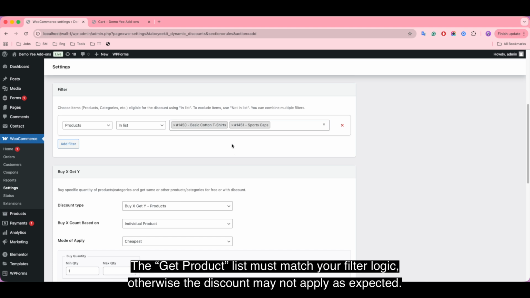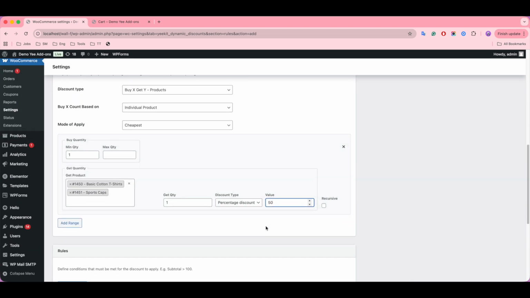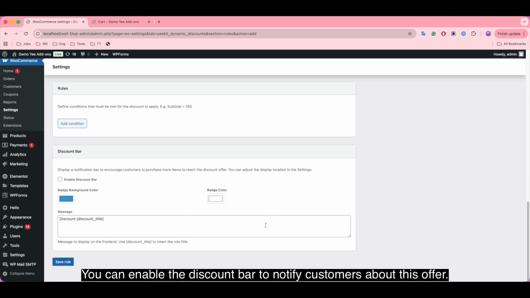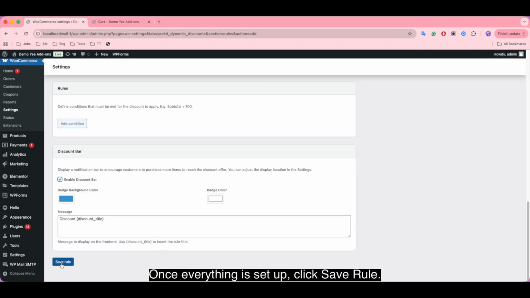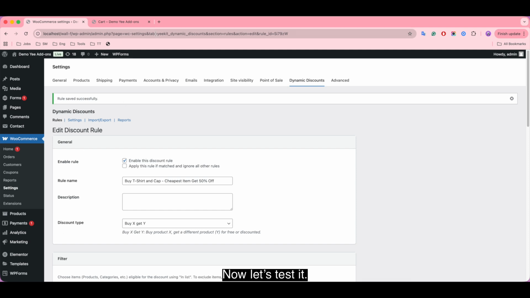Otherwise, the discount may not apply as expected. You can enable the discount bar to notify customers about this offer. Once everything is set up, click Save Rule.